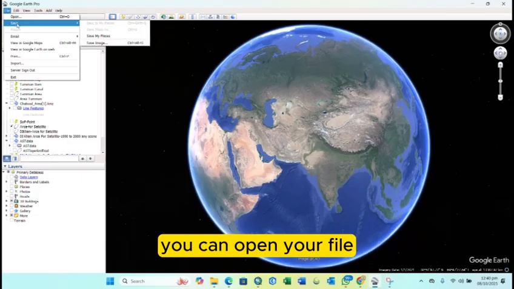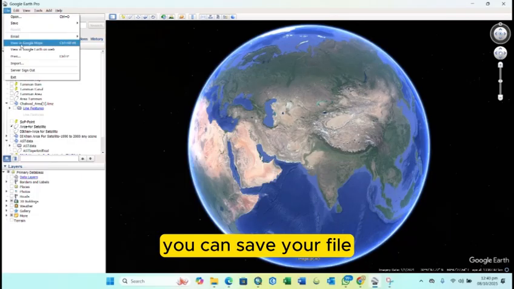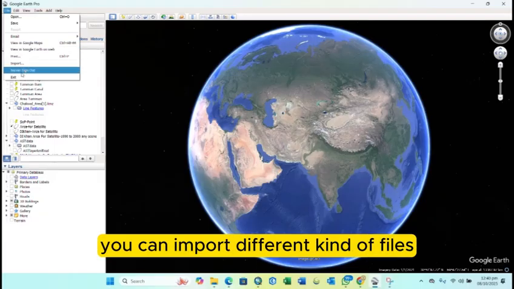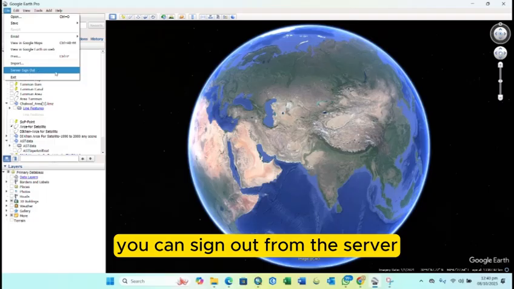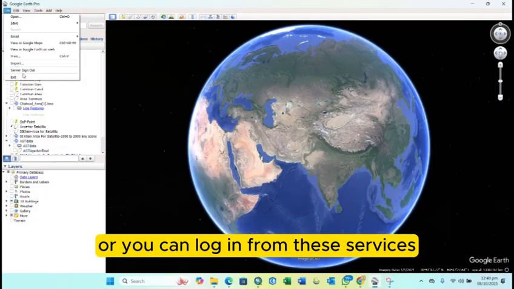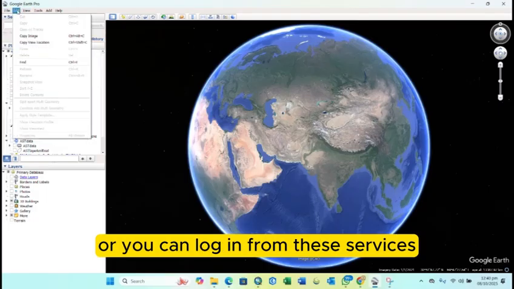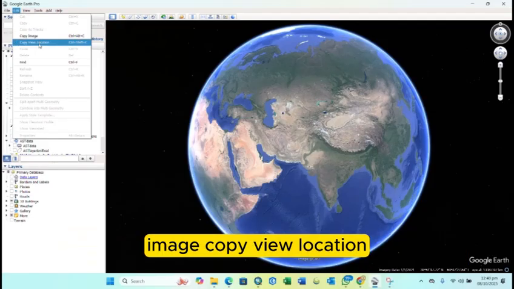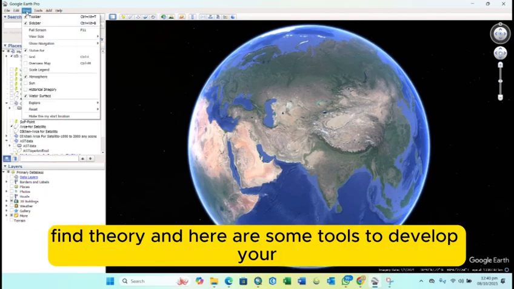You can open your file, save your file, email, go to Google Maps, print your map, and import different kinds of files. You can sign out from this server, or you can log in. Additionally, here is another tool, editing, in which you have copy image, copy view location, find query, and here are some tools to develop your